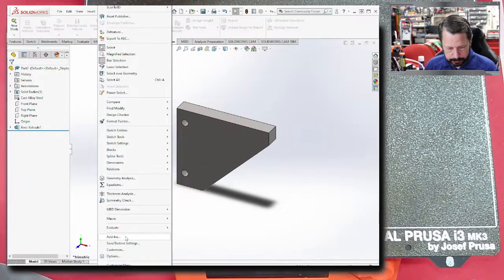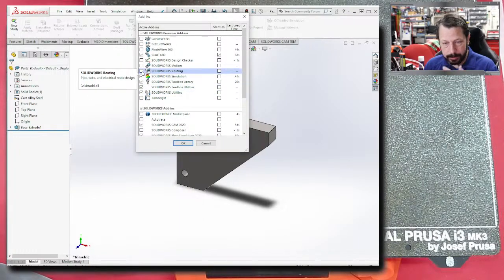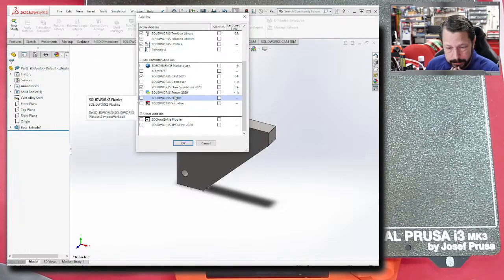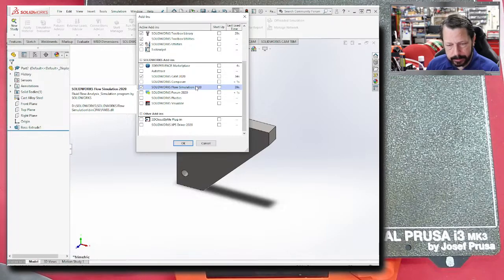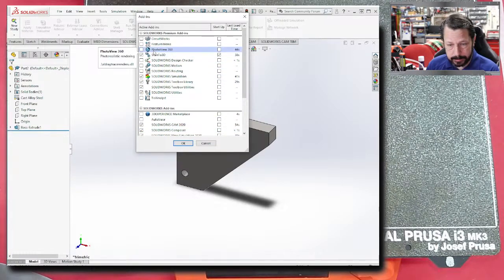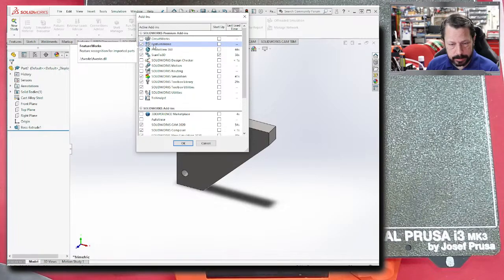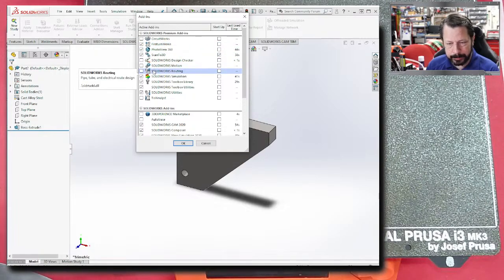What I'm going to do is enable some more of these and then reboot it, which will take forever, but we'll go ahead and do it. It didn't actually add the flow simulation either. So we'll put in some of these extra ones and reboot SolidWorks just to see. Most of these shouldn't actually matter. Feature works, I don't know. I think that's more for recognizing